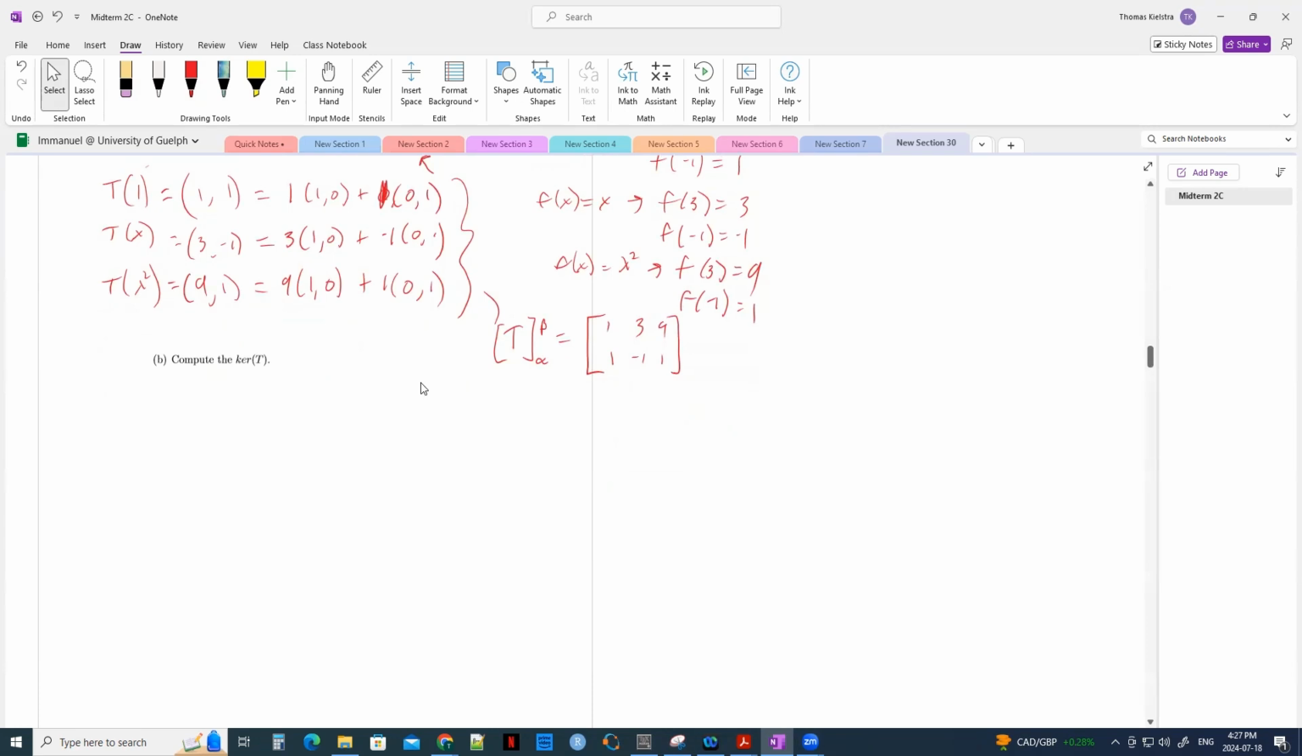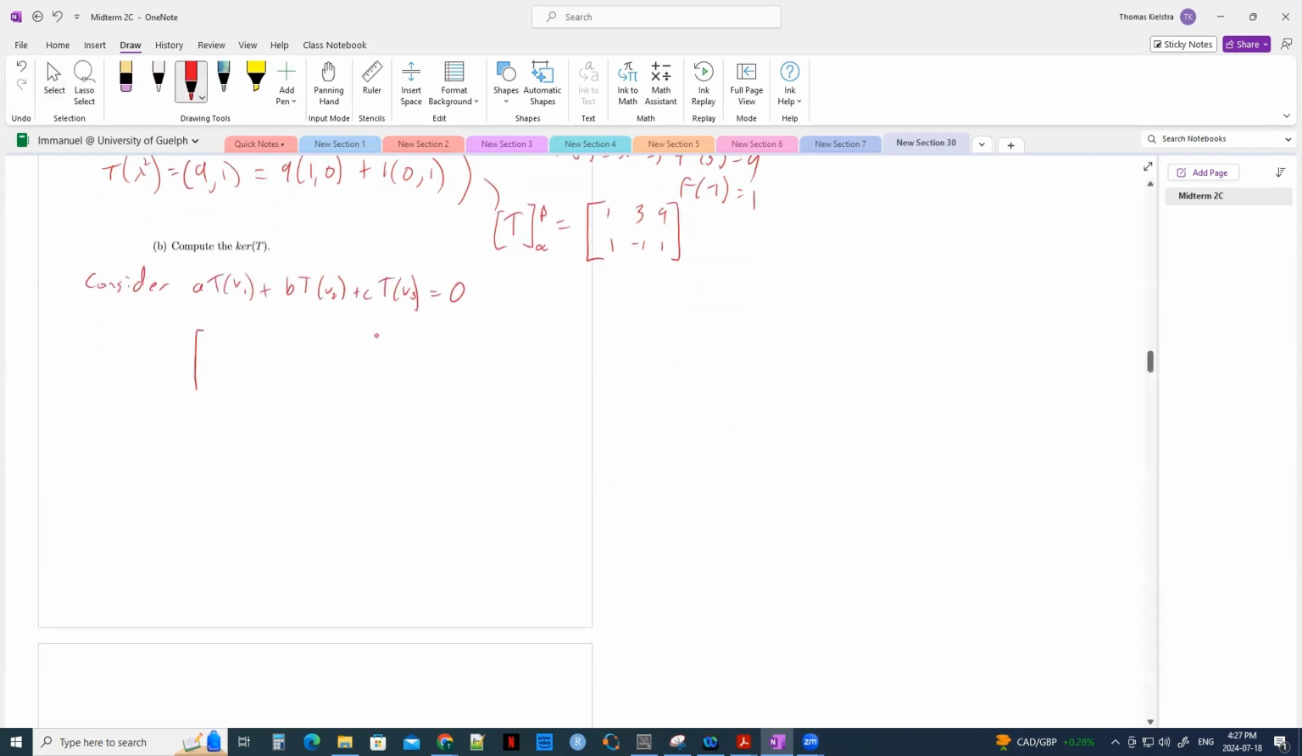Now we're going to use this matrix to compute the kernel. Now the kernel, we're going to consider a T(v1) plus b T(v2) plus c T(v3) equaling 0. Here, this gives us a system of equations represented by the augmented matrix [1, 3, 9 | 0; 1, -1, 1 | 0]. And this represents our system of equations. Okay? Now, from here, we're able to solve this system of equations